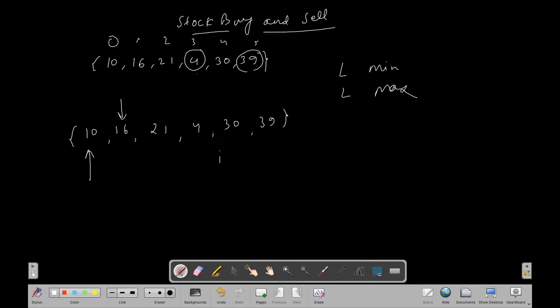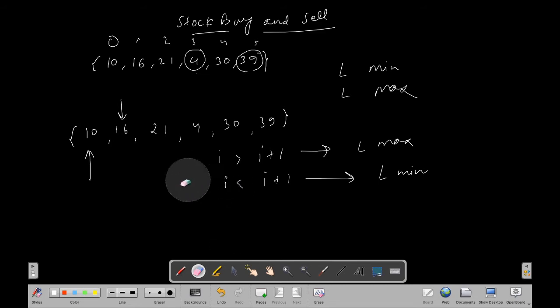Let's say if i is greater than i plus 1, then i is a local maxima, and if i is less than the very next element, then i is a local minima. So here 10 is smaller than the next element, so this is a local minima. So this is what local minima and maxima are.